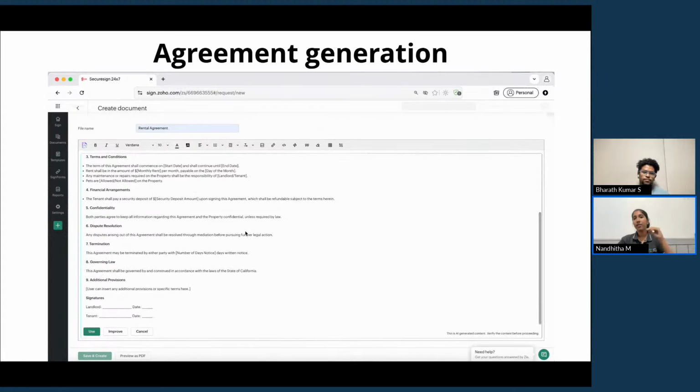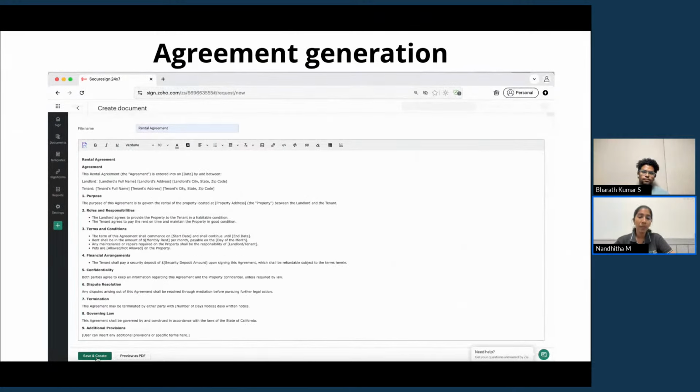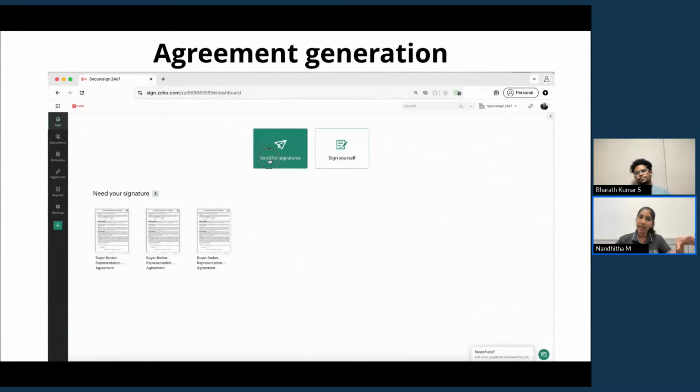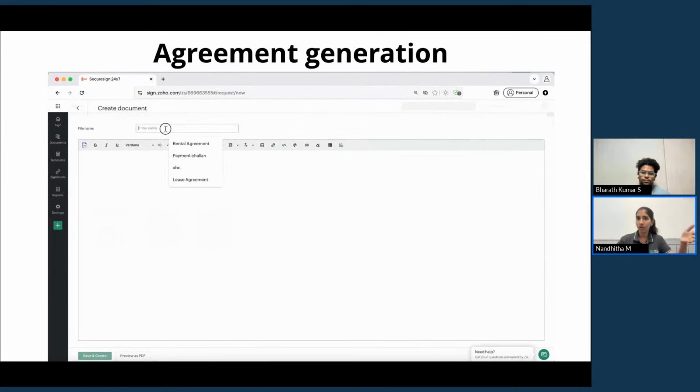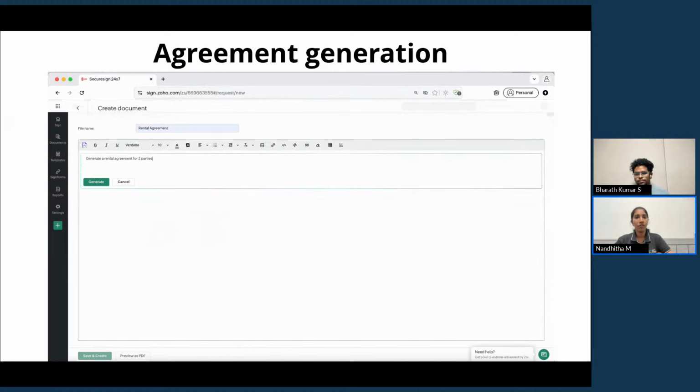And then this entire process is going to take a lot of time. But now it can happen within seconds when you start using Zoho Sign's agreement generation option, where we not only allow you to create a document from scratch, but you can improve it, edit it, and even choose to not even use it. So it's up to you. As Bharat already mentioned, the human intervention angle is still there. It's up to you to choose this, improve it as per your heart's content, or even just draft another document right here. So we give you the option to create a document by yourself or via AI generation as well.